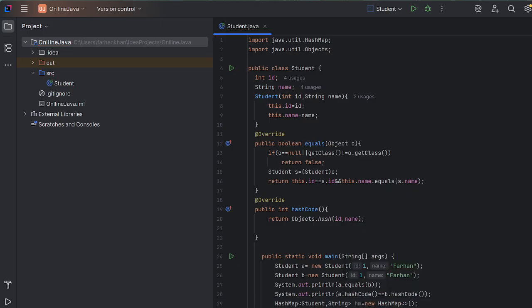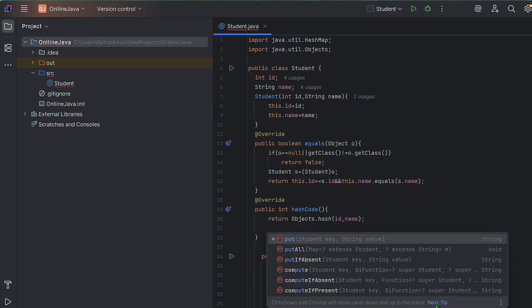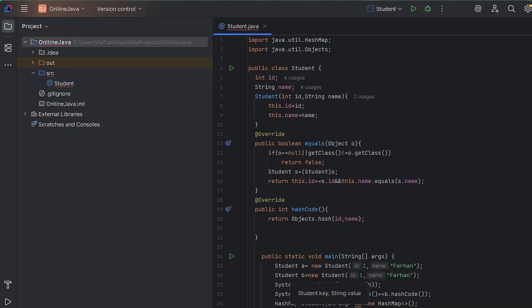And we call the put method. So we have to put the first object a. This a is the key. Now what is the value? So the first object.